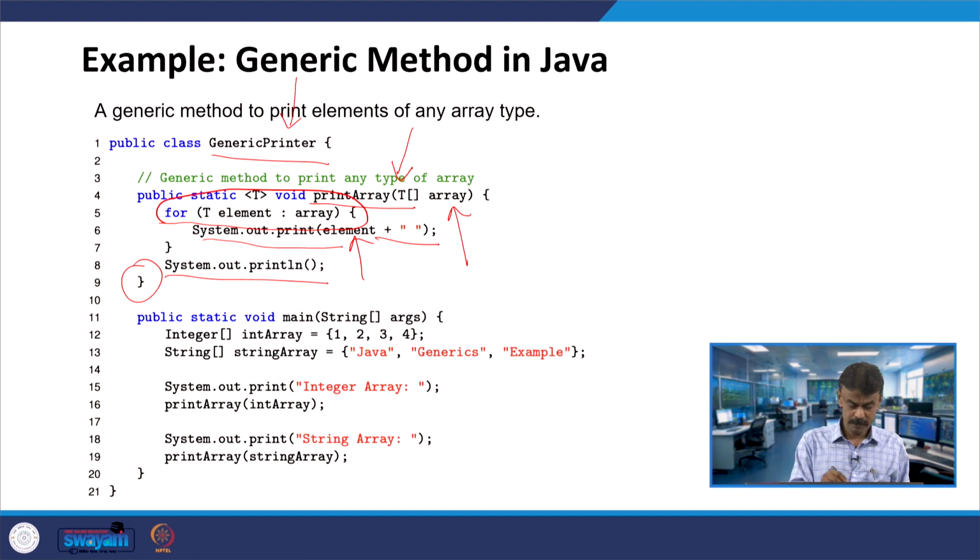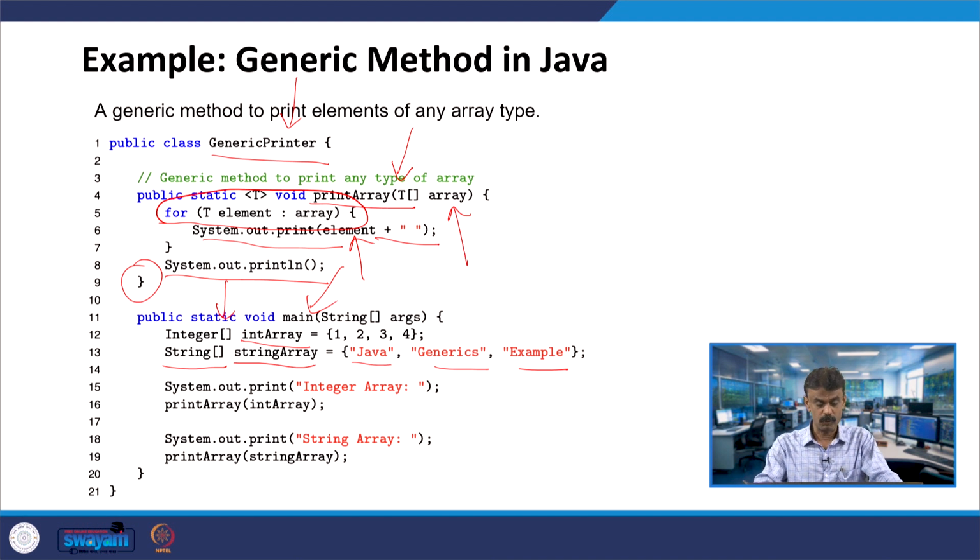So, now in the driver class you have the main method, you are declaring, let us say, an integer array, right, integer array notation, integer array is 1, 2, 3, 4. So, the name of the array is intArray and the second one is stringArray, right. So, the name is stringArray, you have Java generics example, right. So, stringArray of 0 is Java, stringArray of 1 is generics and stringArray of 2 is example.